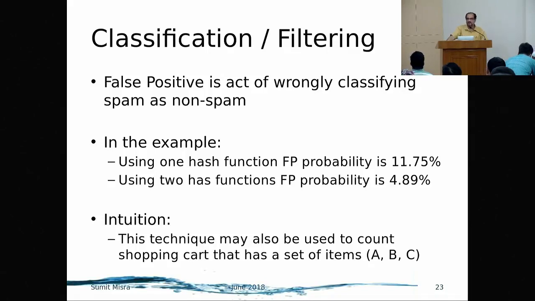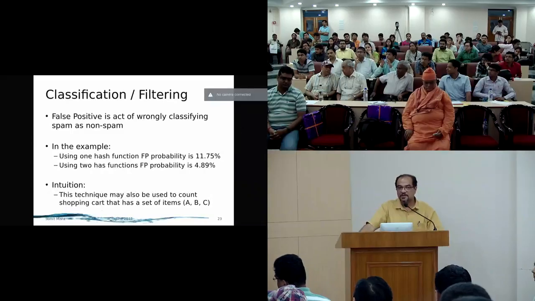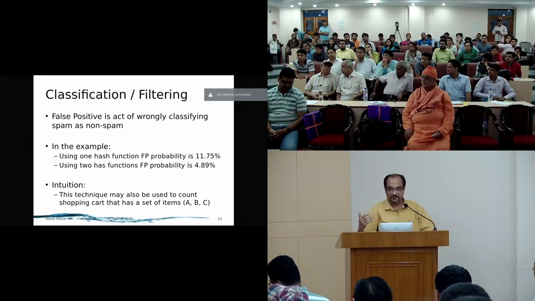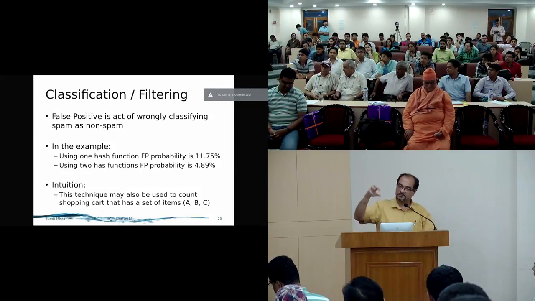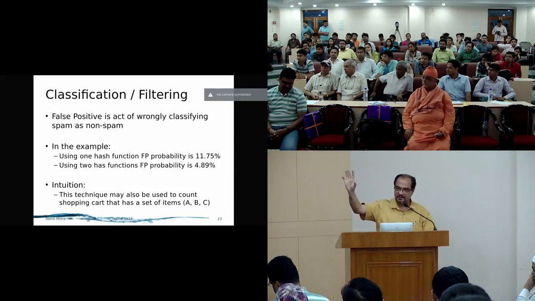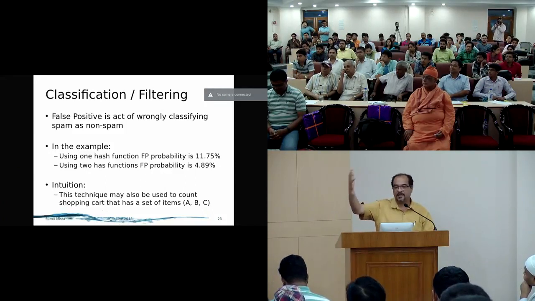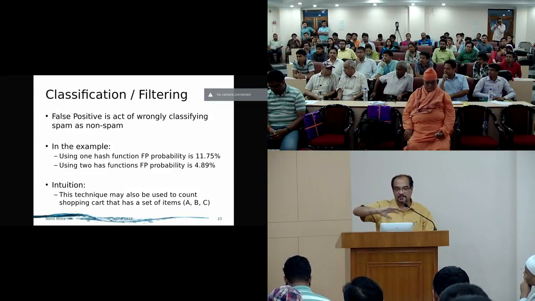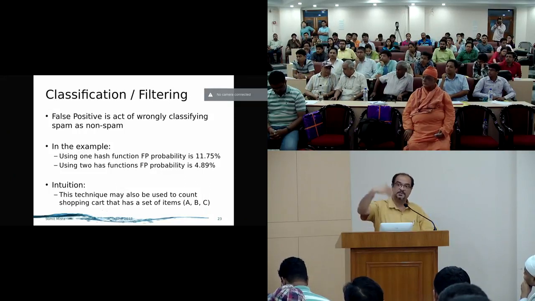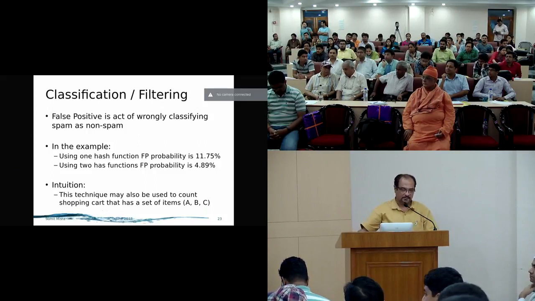Any questions on this one, spam filters? Yeah. Is there any threshold, suppose how many number of times people should mark it as spam or not? Because one person may mark it as spam, but another person is not marking it as spam. So is there kind of a threshold? You are talking about the acquisition of the data verification. So that is not part of this. Once somebody verifies and says this is an error, then we mark it. The threshold can be set, say once this is reported 7 times, we'll take it. That's outside the scope of this problem. That's a business decision that has to be taken. Yeah, sure.